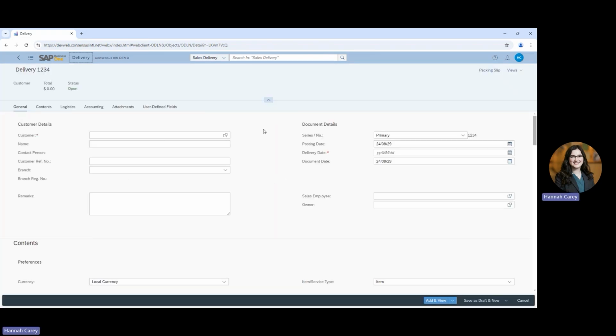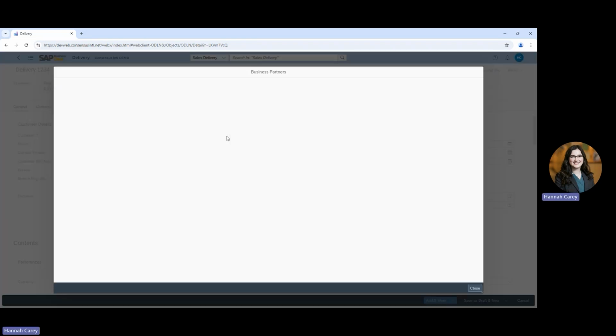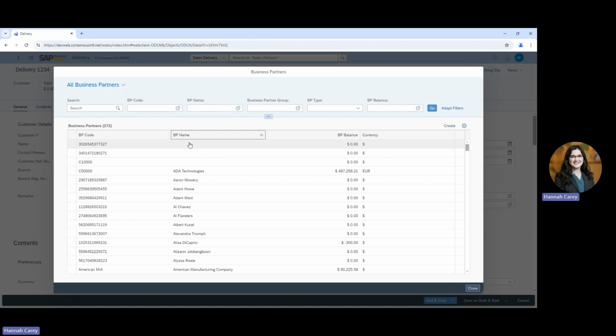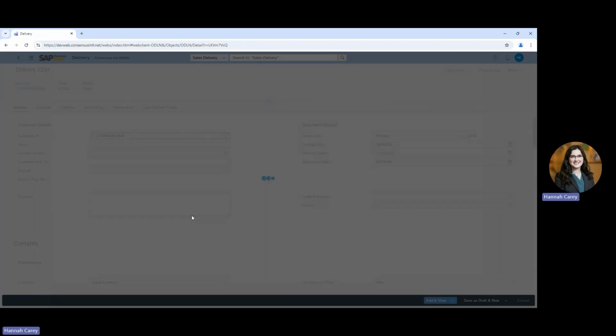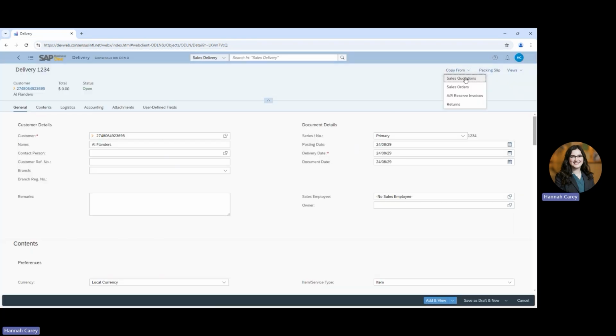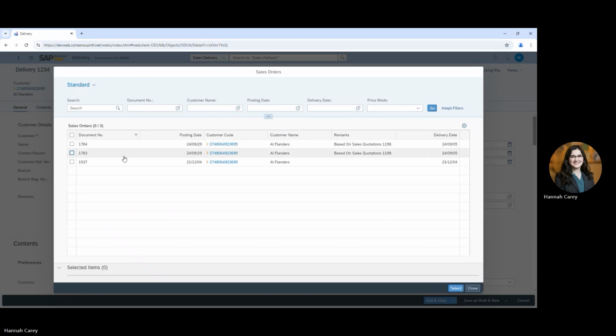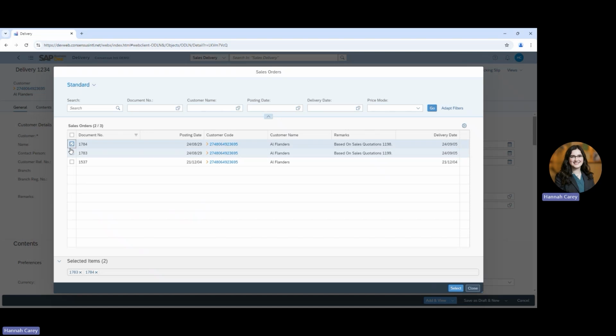In the case that there are many sales orders for the same customer going out on the same shipment, we can start this way and pull the associated sales orders into it. First, let's select the customer. Let's sort by ascending and find Al Flanders. At the top, we can then copy from sales orders. From here, we can select both sales orders for Al Flanders